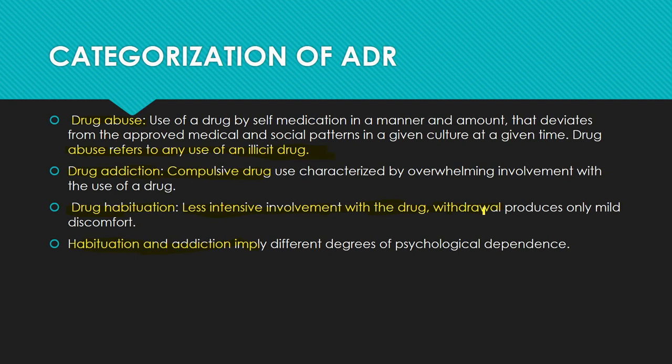Habituation and addiction imply, which includes the different degrees of the psychological dependence. So here we have seen that in the drug dependence, we got a broad classification of psychological and physical, and apart from that we got another 4 points, that is drug abuse, drug addiction, drug habituation and addiction imply. So these are the entire thing that is very easy, but you have to understand and remember the key words. That's it. So this is how drug dependence is included within the categorization of